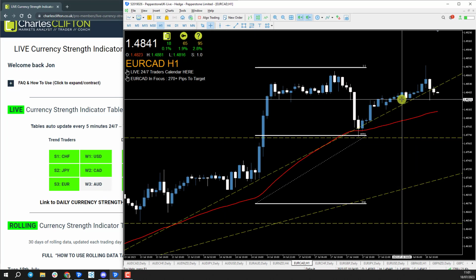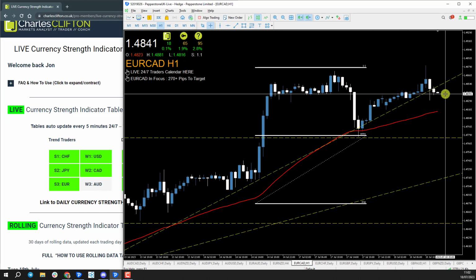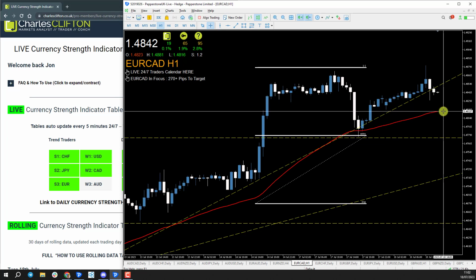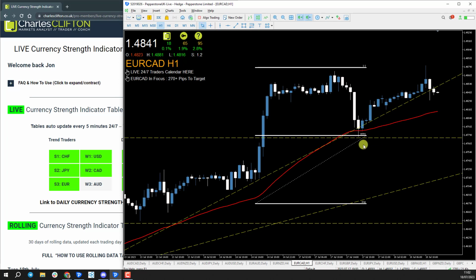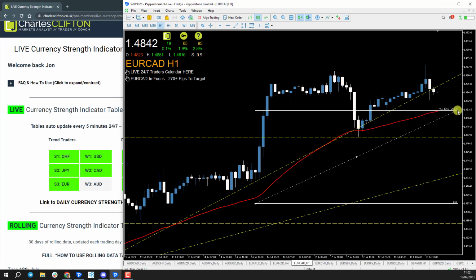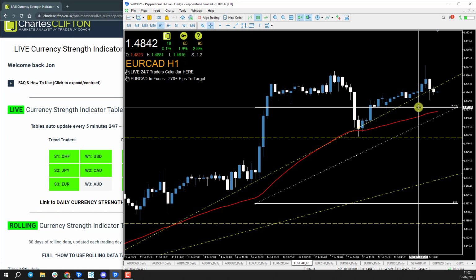Euro CAD obviously featured on the table still. Could be something that we're looking to still continue to look for longs on. So looking back down at the 50 again, maybe the 148.13 now. Or if you were confident where price was potentially heading before, we could just move it up into those previous lows at the 147.90. But you're running the risk again of it not being triggered. So I quite like the idea of maybe moving our entry point to the 50 moving average or just above the 50 moving average, around about 148.20,